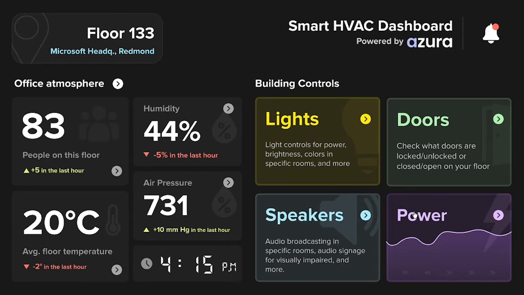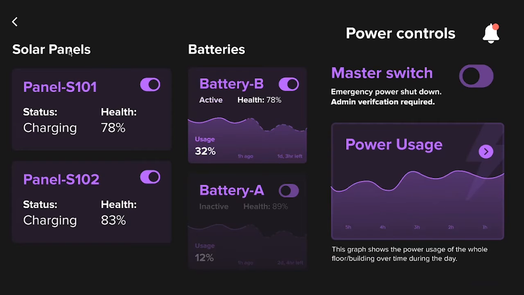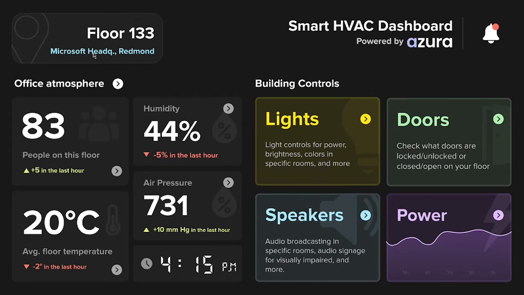And we have the power section, where we can monitor different solar panels and batteries. So we can see the status and health of the solar panels, and the activity of these batteries, and their health and their usage, and how much capacity they have left. And this is also a master switch for emergency power shutdown. And this graph here shows the power usage of the whole building during the time of the day, and these metrics are controllable. And we can see here that we are on this particular floor, so this is the